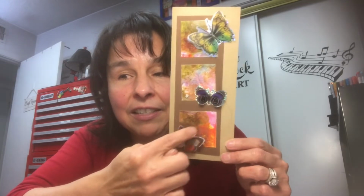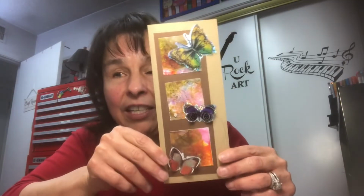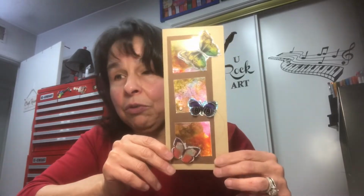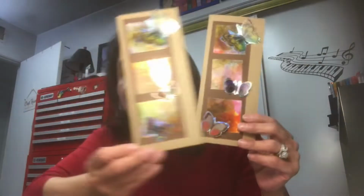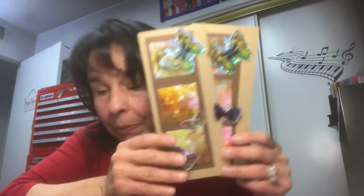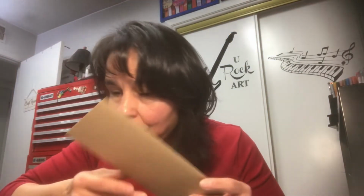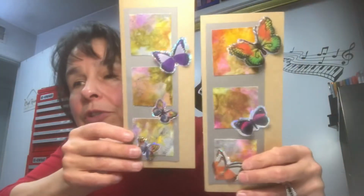So again, I did these little squares on photo paper, and I do distress ink on them. And you never know what kind of design you're going to get, so I really love doing those. I did 2 with the brown as the frame up front, and then 4 with the gray. Let's see if I get all the grays out. There's 2 there, and there is 2 here,